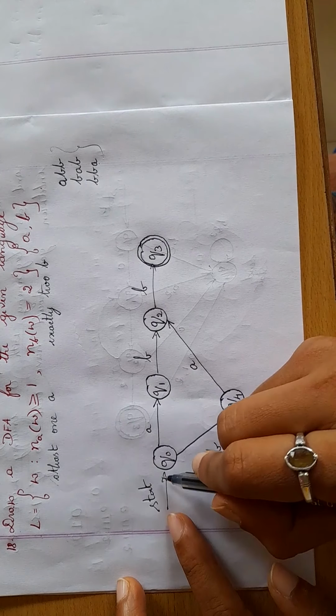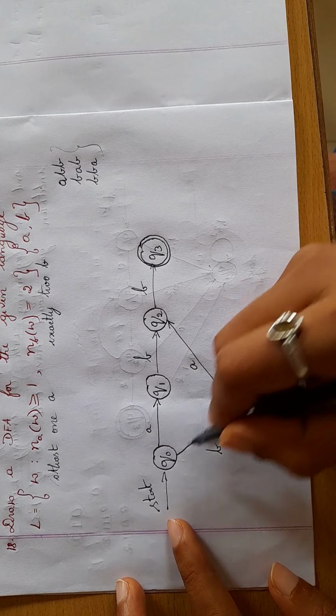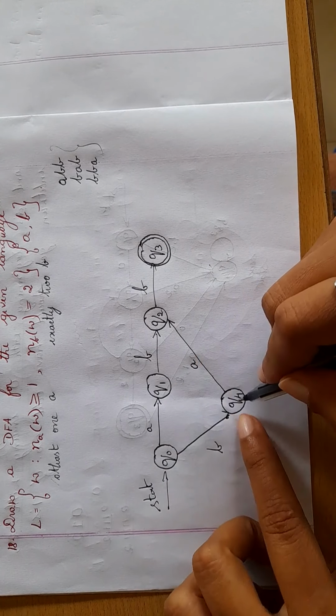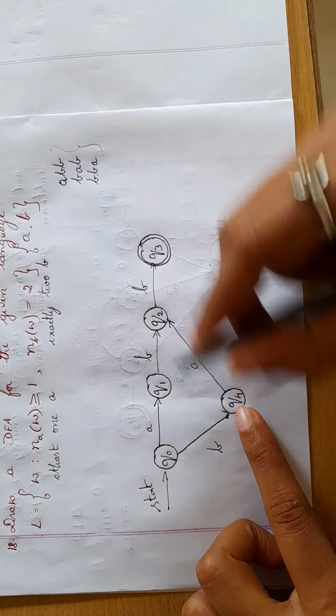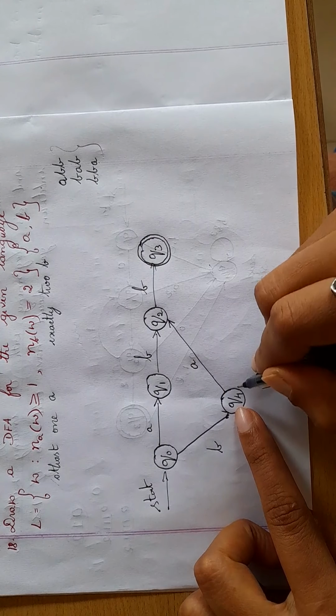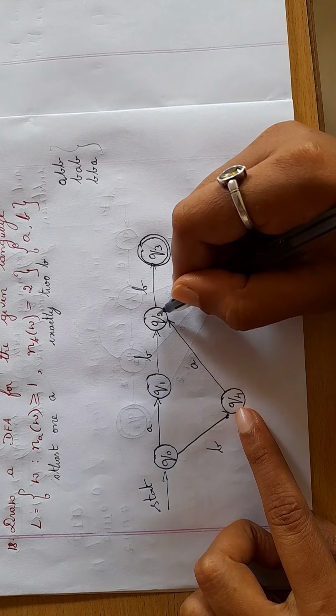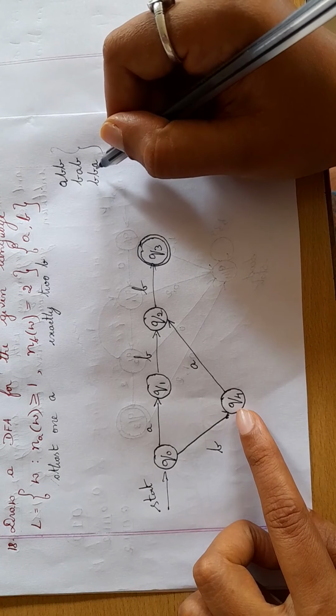So this is the starting state Q0. From Q0 B is already read. Next you have to get BA. Check, can you write anywhere BA so that it reaches the final state. If I take B here, no, it can't reach, it becomes B, B, B. So it is not the base condition.